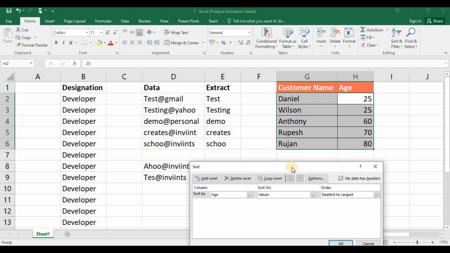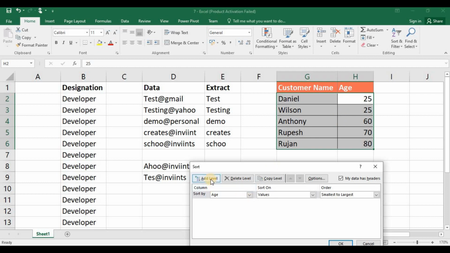Suppose first I want to arrange the data based on customer age. If there are any duplicates with the same age, then the sorting is to be done based on the customer's name. In our example, we have duplicates in the age column. So to arrange by considering multiple column data, you can use this Add Level.